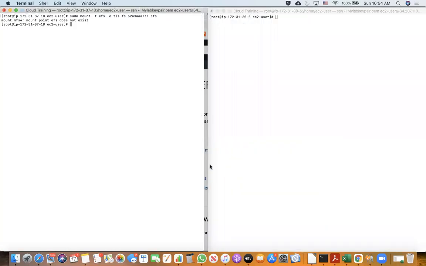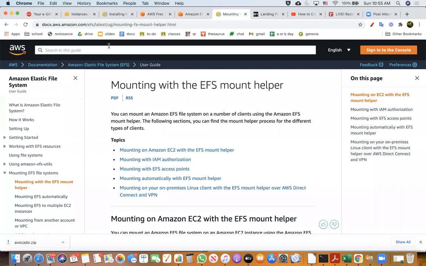Okay. Probably the mount point EFS does not exist is what it says. Maybe I need to create a, okay. So it still says mount point EFS does not exist. Let me do a quick reference here.